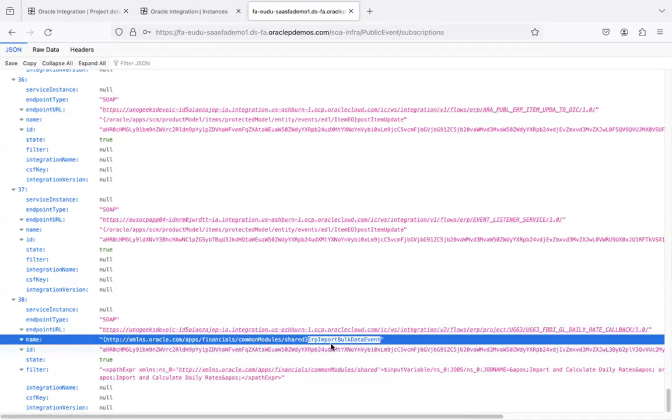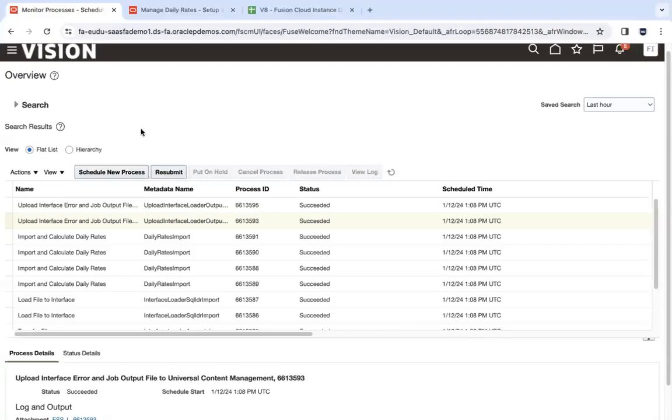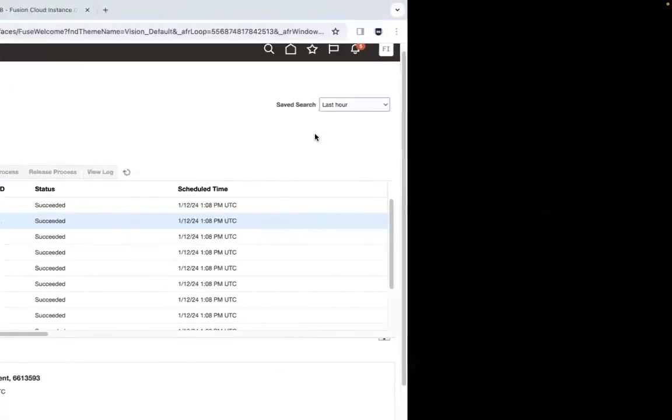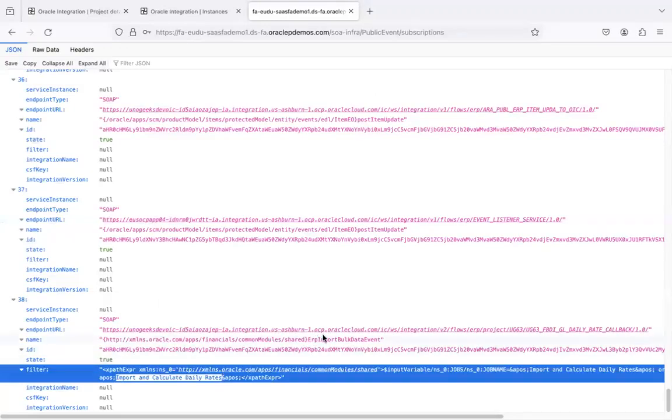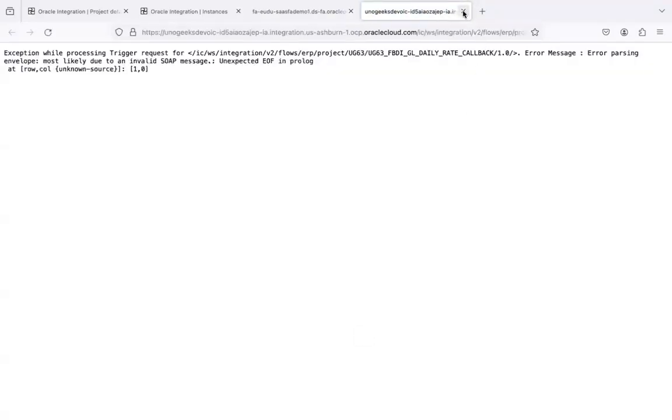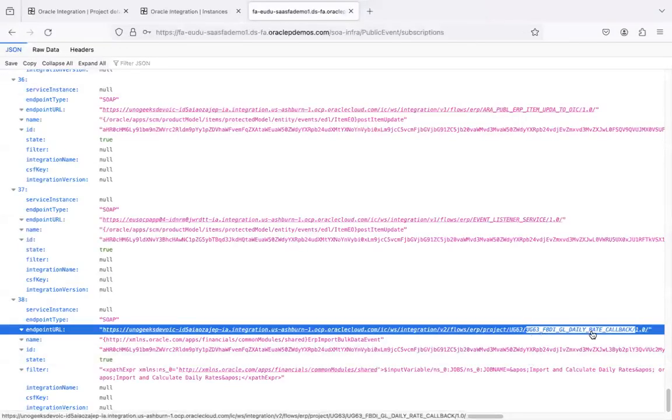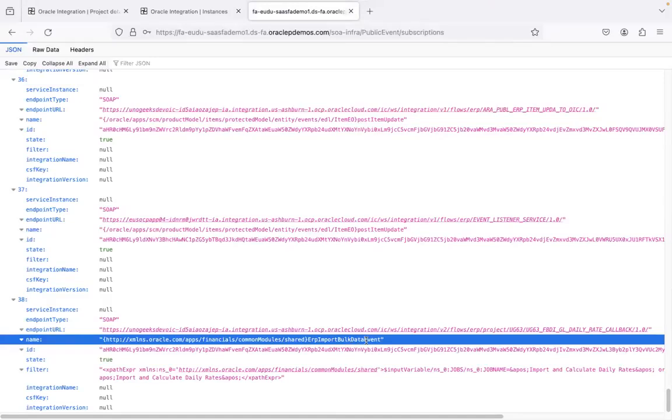Now, when is this event raised? In ERP Cloud, after the file processing is done, after this job is complete, ERP raises this event. And when it raises this business event, it also includes a lot of details in it, like the import job context. It would be import and calculate daily rates. Since our callback service is subscribed to this business event, with import and calculate daily rates job applied as a filter,